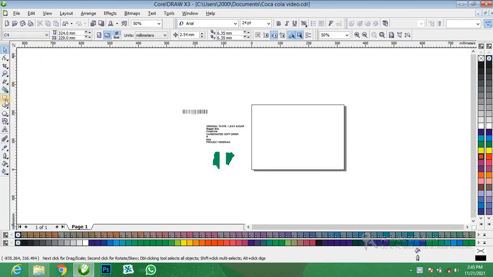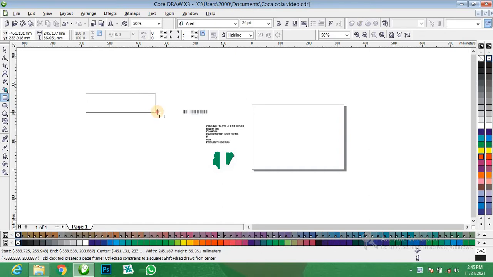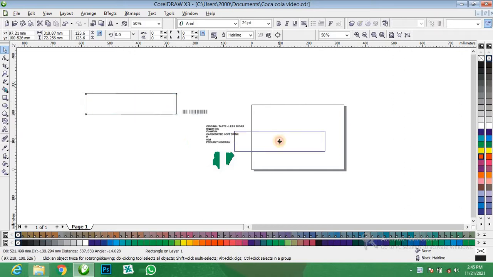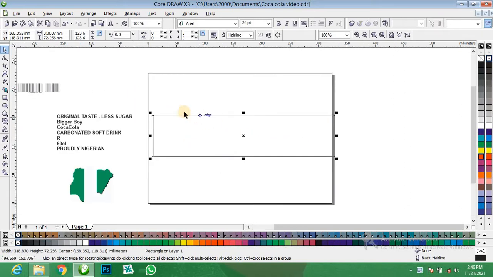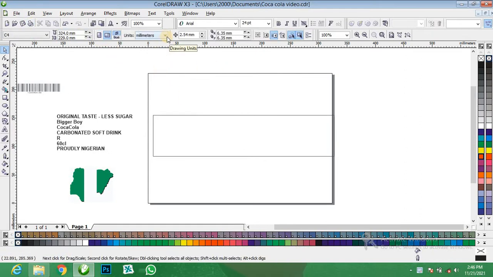Then bring in shape, square. We add the paper size. Change the units to inches.